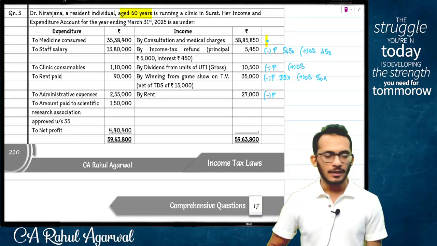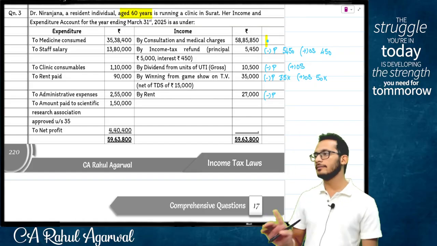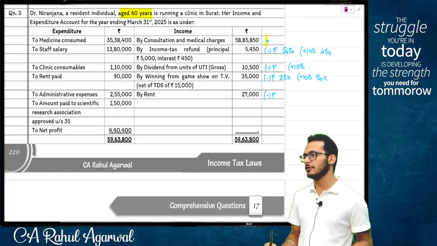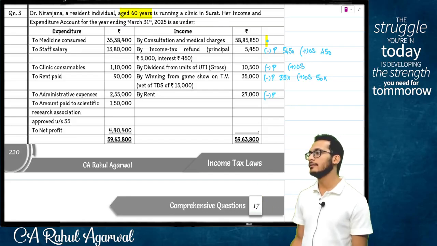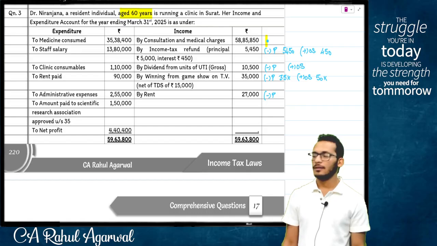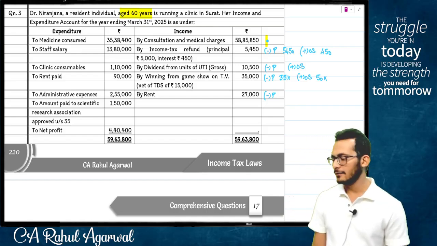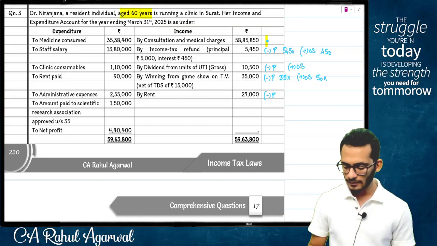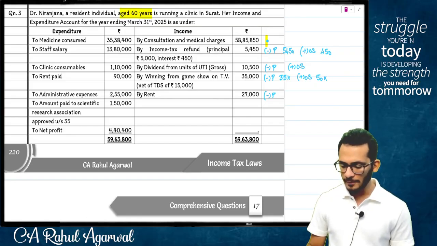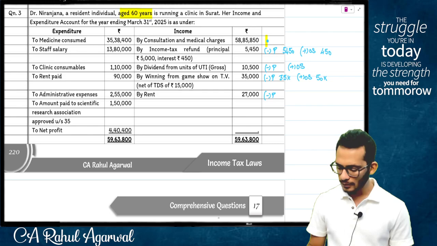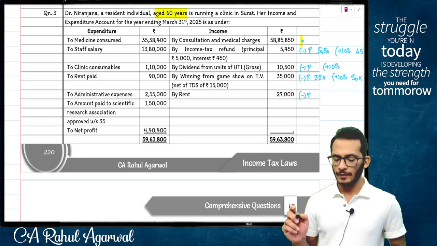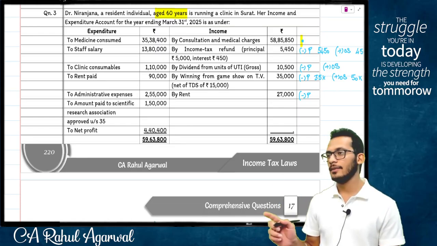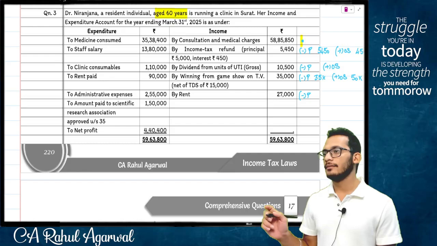On the left side, people, now when it comes to expenses, you will ask a simple question. Is it part of business? Part of business, ignore because it is already there. Not part of business, take it back, which is add back. Medical expenses, people, either plus or ignore. What I am going to ignore: staff salary 1380, ignore. Clinic consumables 110, ignore. Rent paid 90,